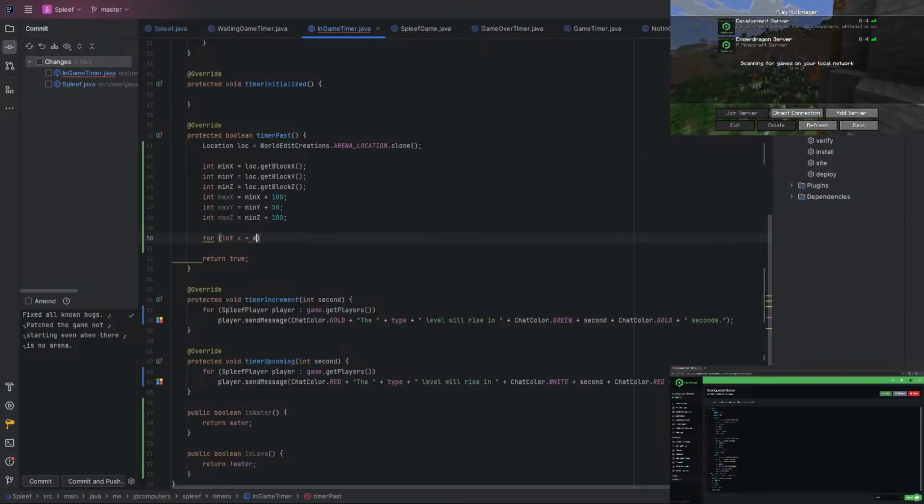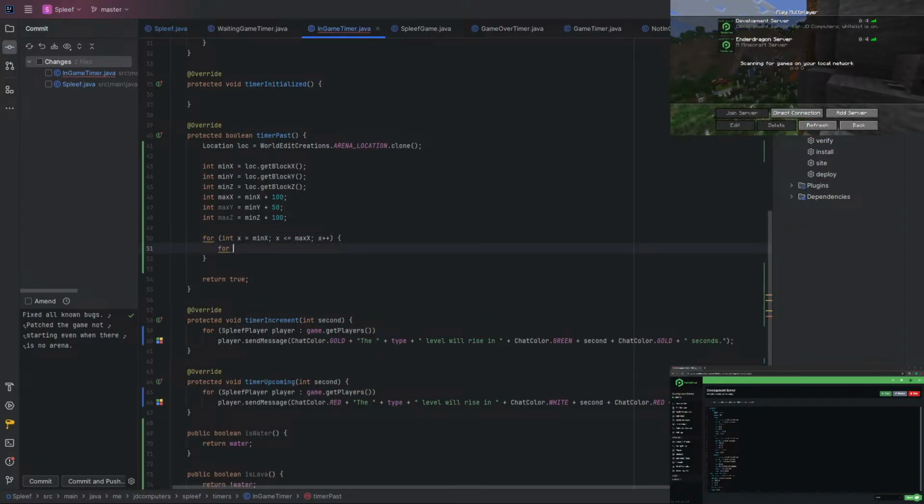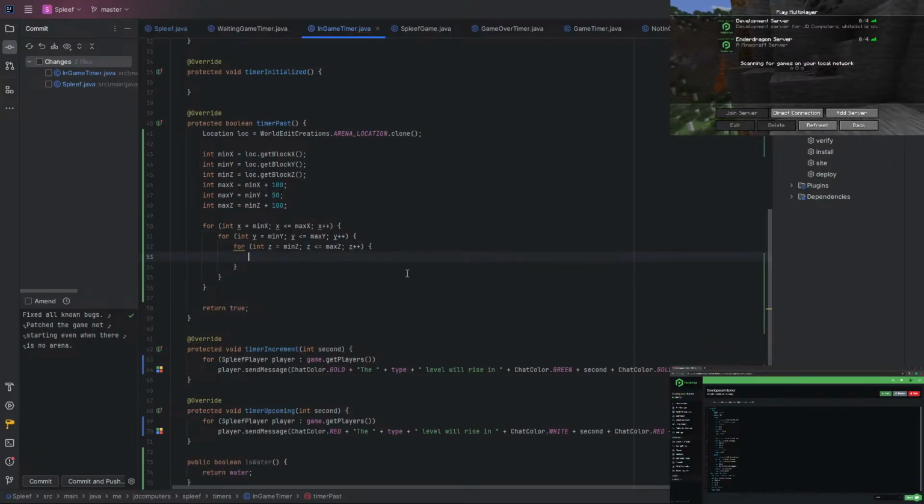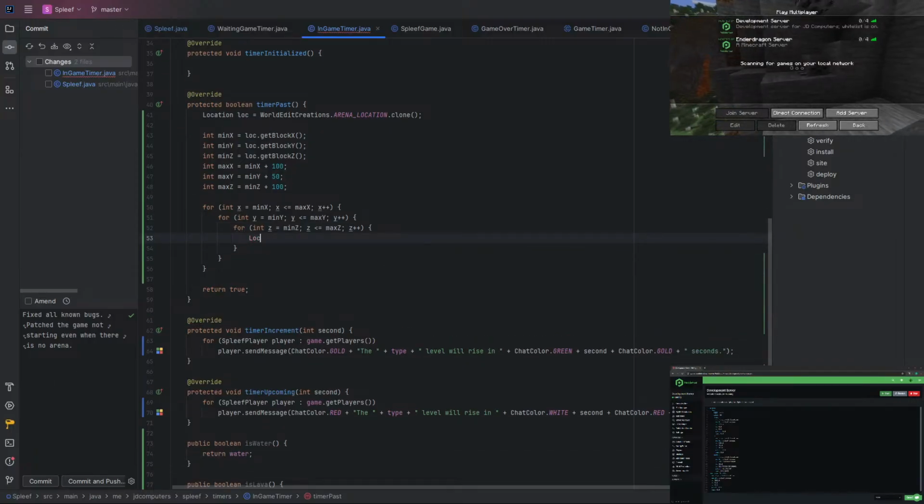So now we're going to start at the minimum x and go until the maximum x and increase x. We're going to go from the minimum y to the maximum y, and then we're going to go from the minimum z to the maximum z. Perfect. So now we've got our new location. So we get location, new loc is equal to,